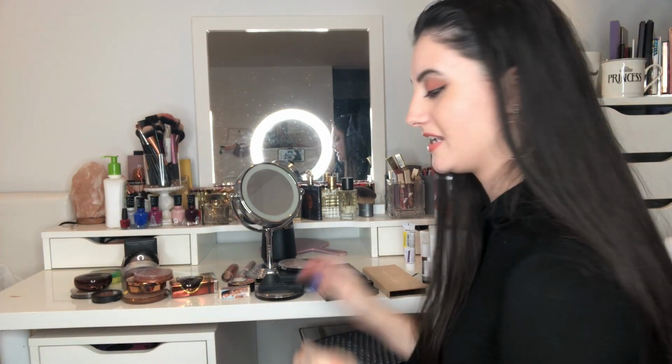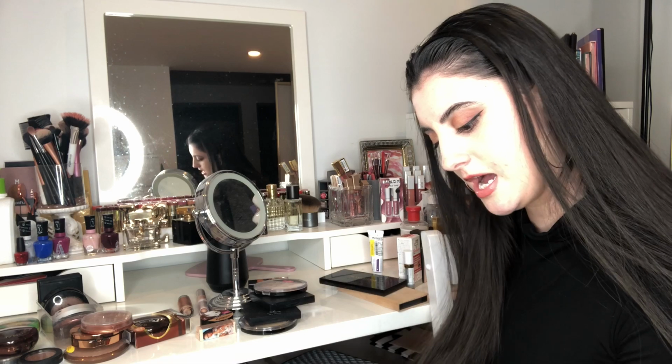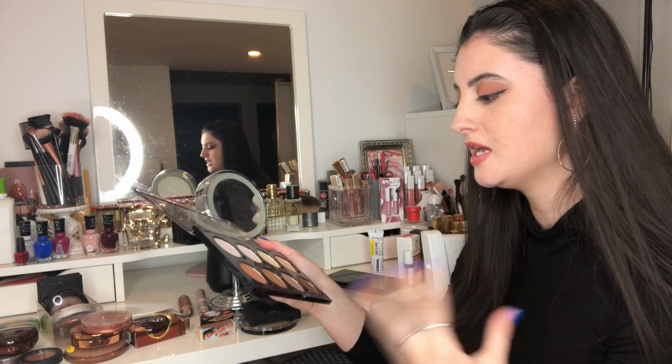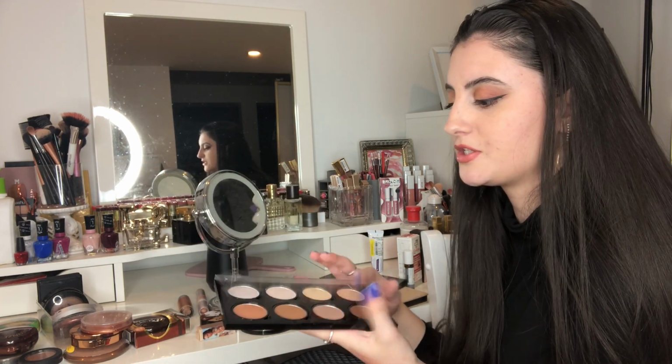Alright, this is where the real mess is, I would say. I'll just move you guys a little closer so you can actually see. So let's start with palettes. I have this NYX highlight and contour palette. Guys, I really don't like the formula on this. To me, I found it very patchy and I just wasn't a fan of this at all. And I never use it, so